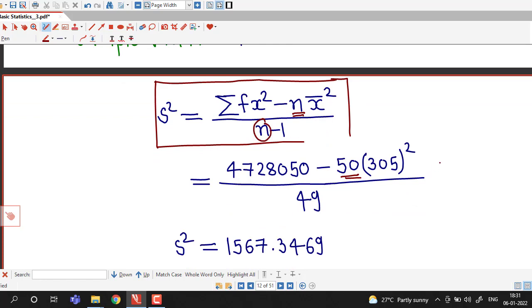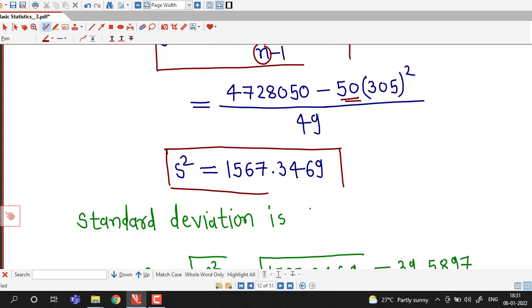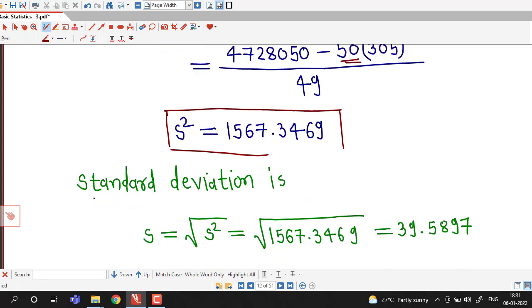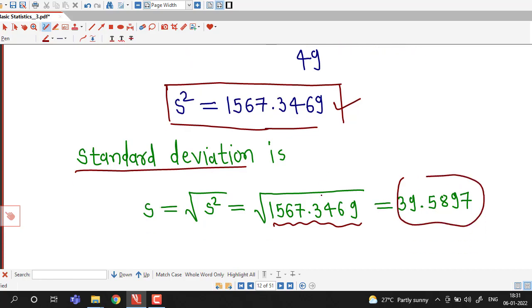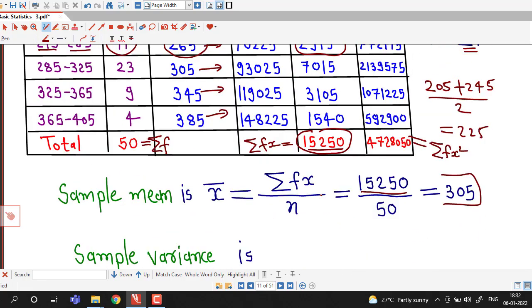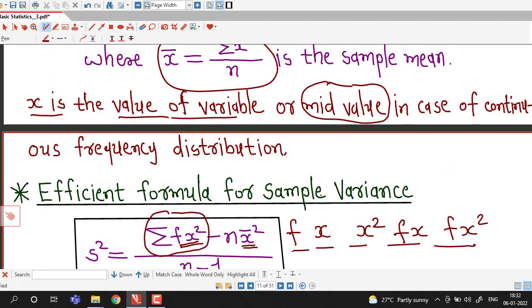So using scientific calculator we obtain that sample variance is 1567.3469, and standard deviation is positive square root of sample variance. So we take square root of this sample variance, and it is 39.5897. So in this way we can easily obtain mean, variance and standard deviation for group data if we remember